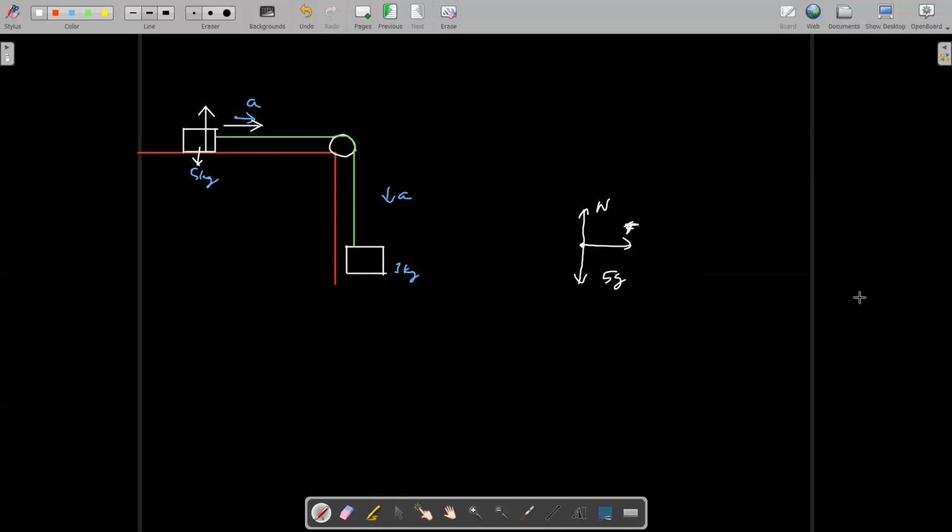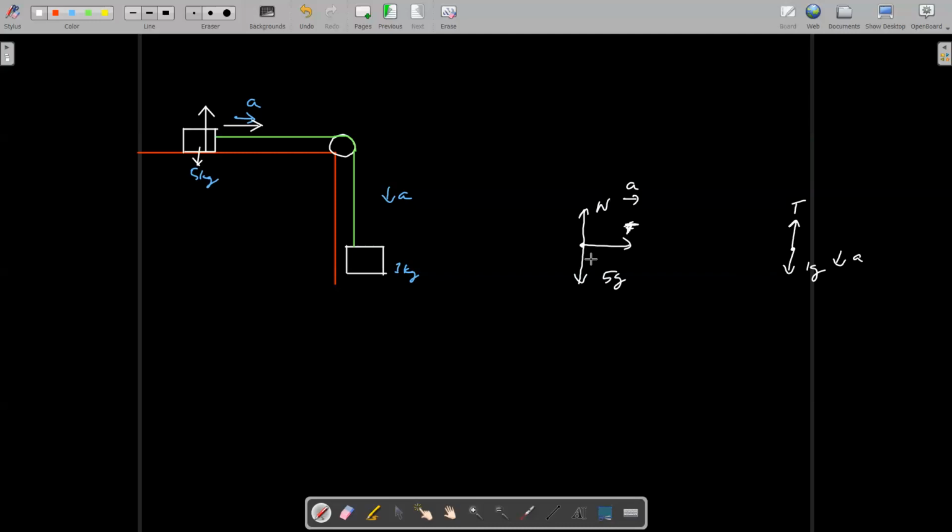And if we talk about the second body, we know that there will also be 1g acting downwards, and there will be tension acting upwards, and we know that the force is moving the body downwards, right? So there we have an acceleration acting downwards or a force acting downwards, right? So acceleration downwards, here in this case acceleration is acting in this direction, right? So here when you look at this picture,